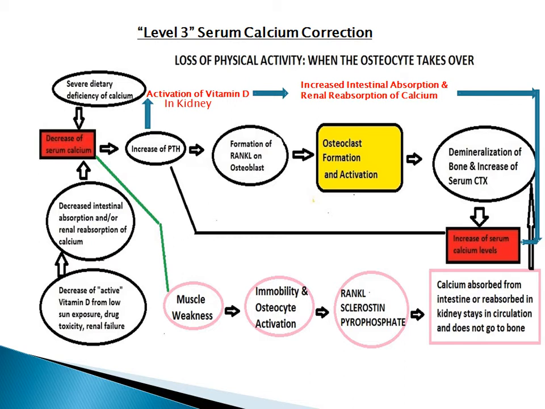That's the pathway we're looking at now. You can see that muscle weakness occurs. This leads to immobility and osteocyte activation. And once the osteocyte becomes activated, then the osteocyte stimulates rank ligand, sclerostin, and pyrophosphate production, which leads to